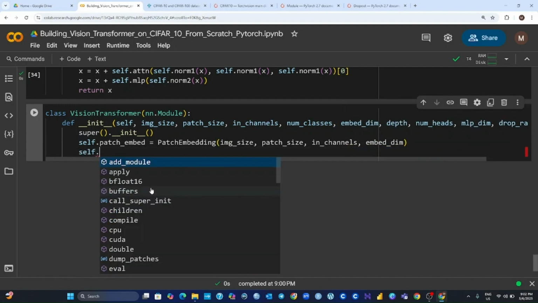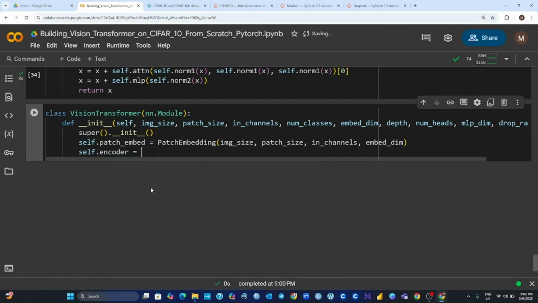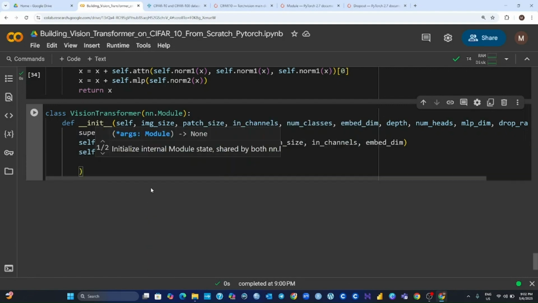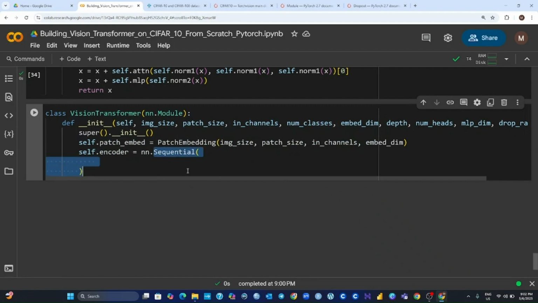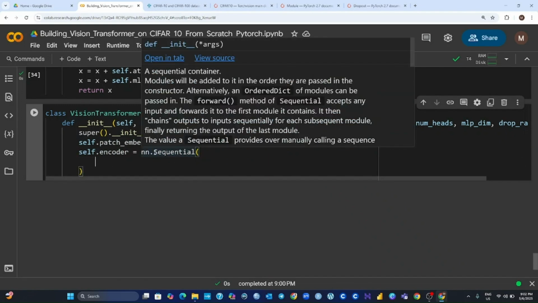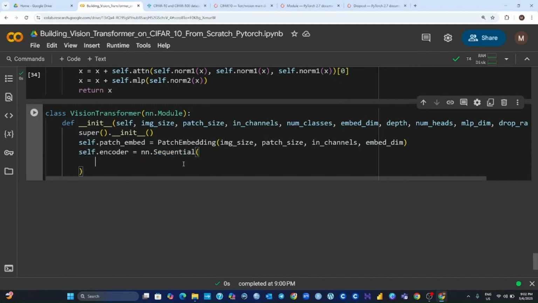The second step is we have to define an encoder by going self.encoder equals nn.Sequential class. This sequential class will define some components, and when the data goes through the sequential class, it will go through it layer by layer. So it will go sequentially,